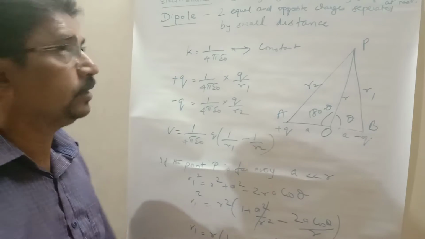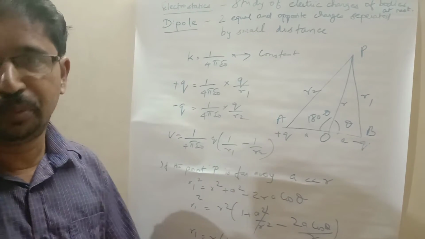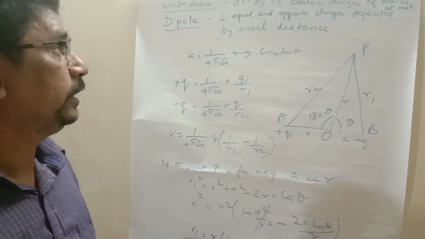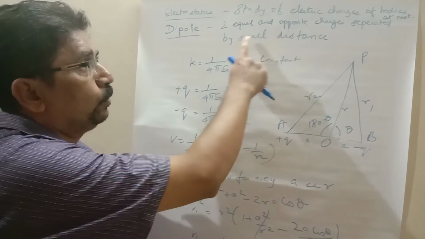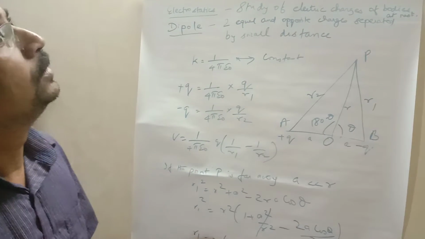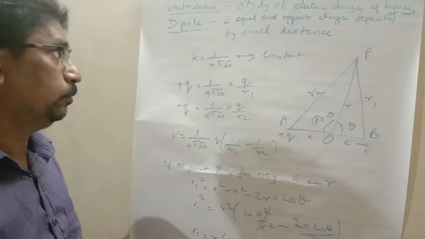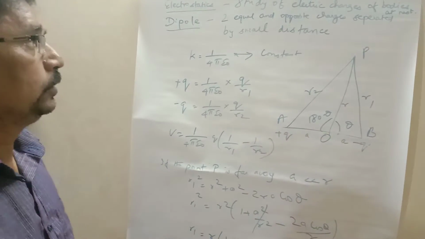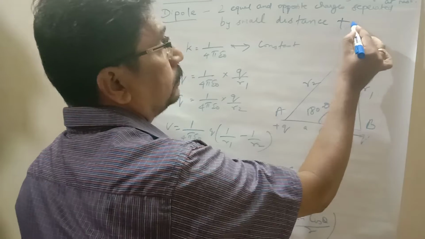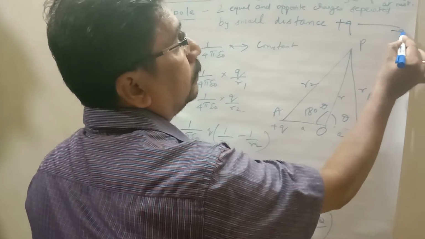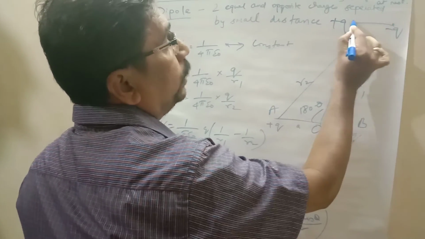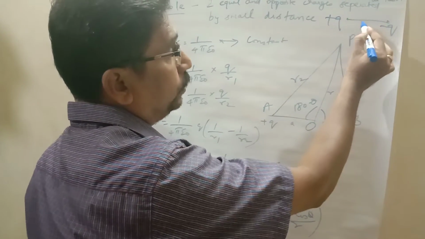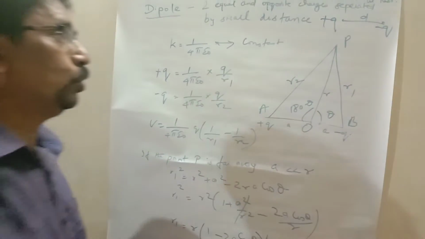In this chapter we are going to deal with the dipole. So, point charge due to a dipole. What is meant by a dipole? Two equal and opposite charges separated by a small distance is called a dipole. I have mentioned here this small diagram. Normally, a dipole is drawn like this: two point charges, one a positive charge, another a negative charge, separated by a small distance d. It is called a dipole.